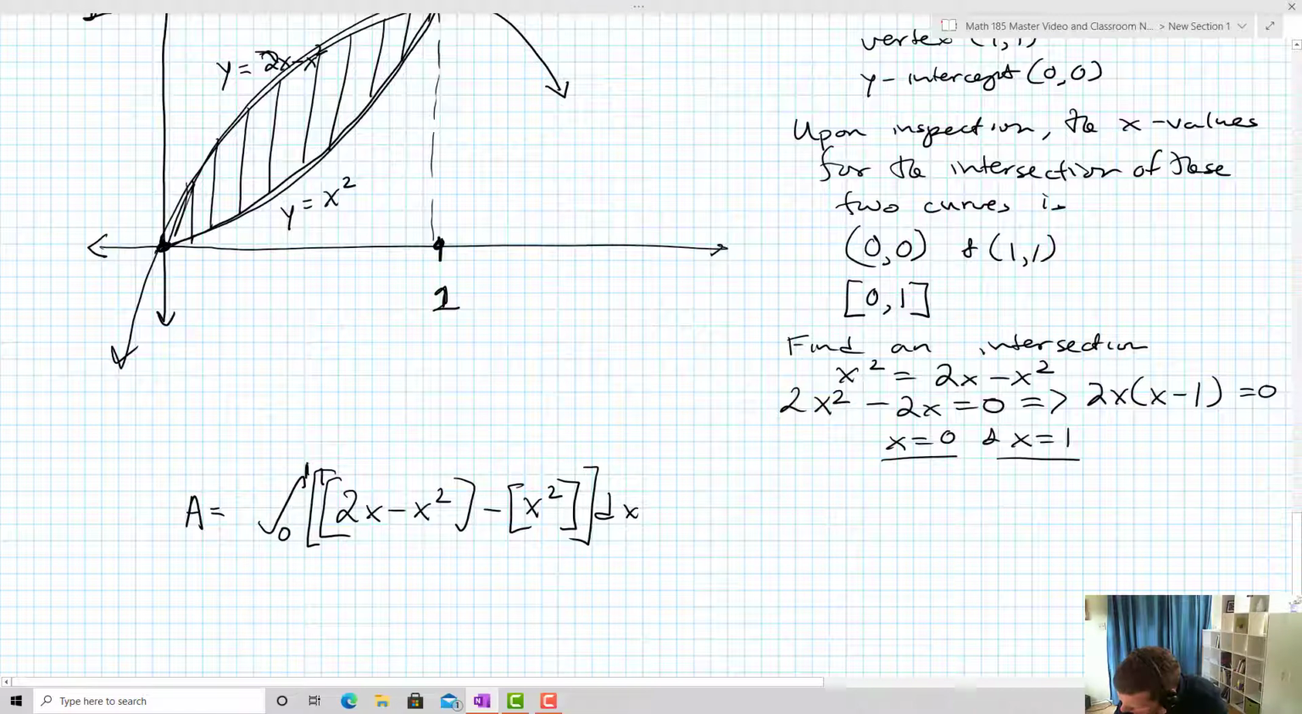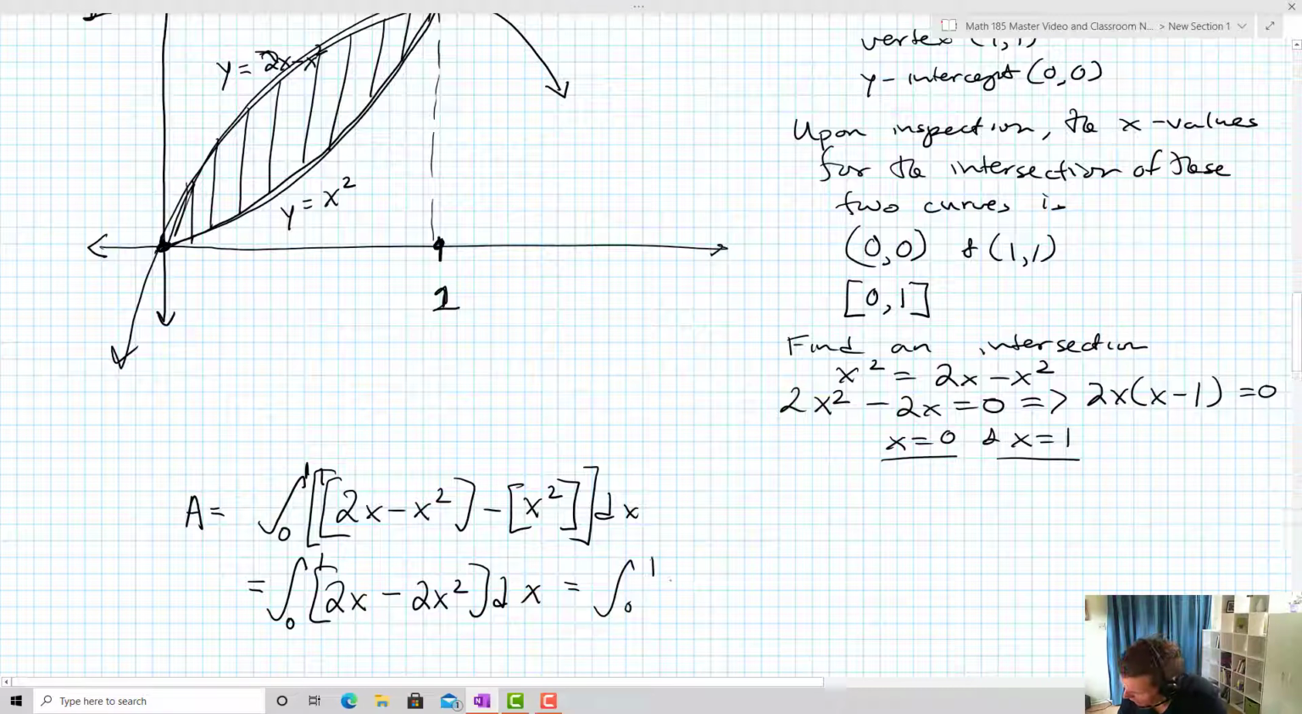Now, notice that I put them all in brackets, and that's just an algebraic thing to make sure that we end up with the right signs. You can have far more complex functions, and if you do, you have to make sure that your signs are correct. So we now have the integral from 0 to 1 of 2x minus 2x squared dx,